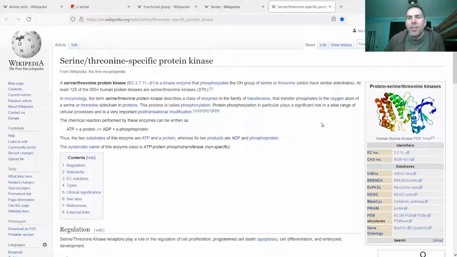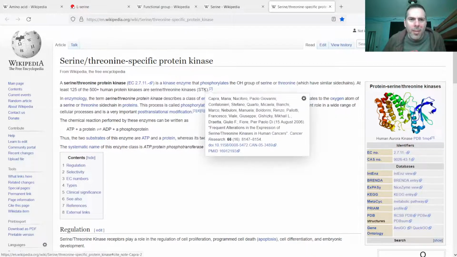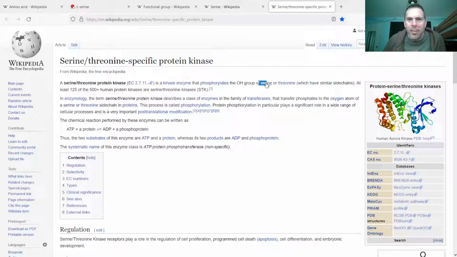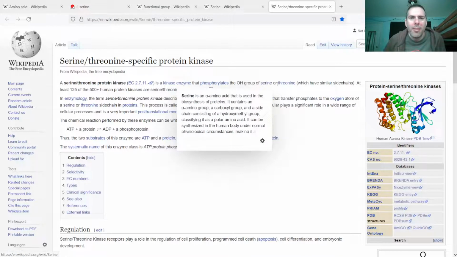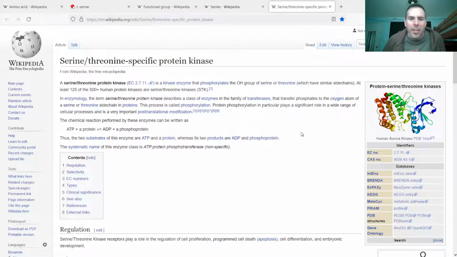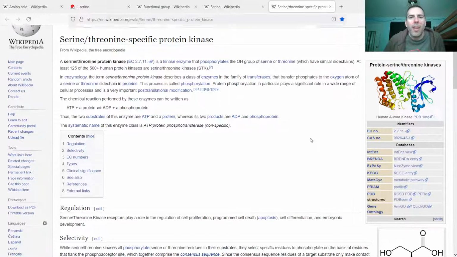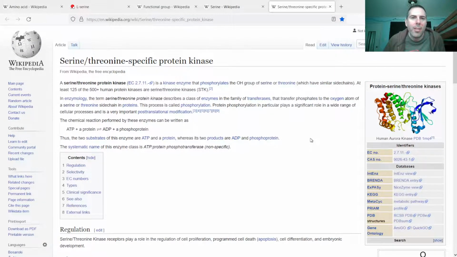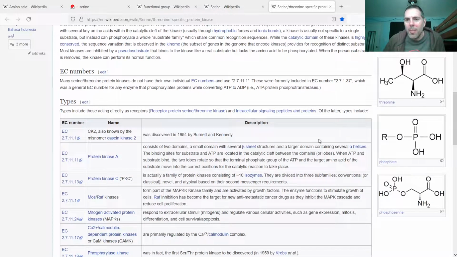So one definitely useful use for this amino acid is in these serine threonine specific protein kinases. So a kinase is going to be some enzyme that can attach a phosphate group to a protein. And so the serine, I'll worry about threonine later, but serine, the hydroxyl functional group on that will easily attach a phosphate group. So I'll show you the picture of it down here.